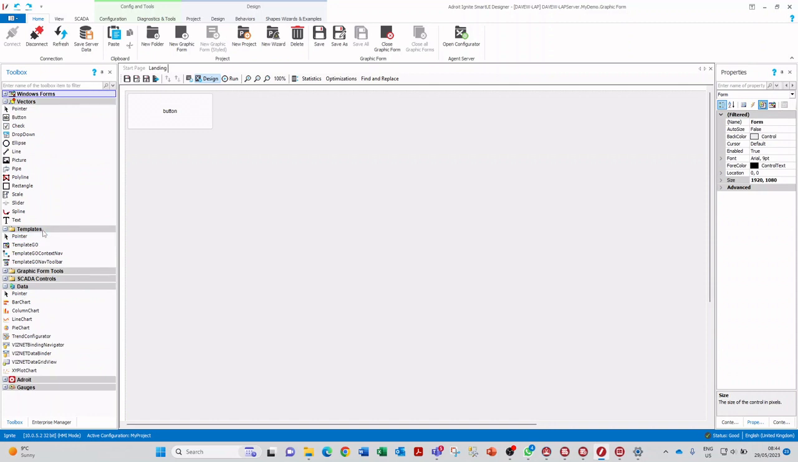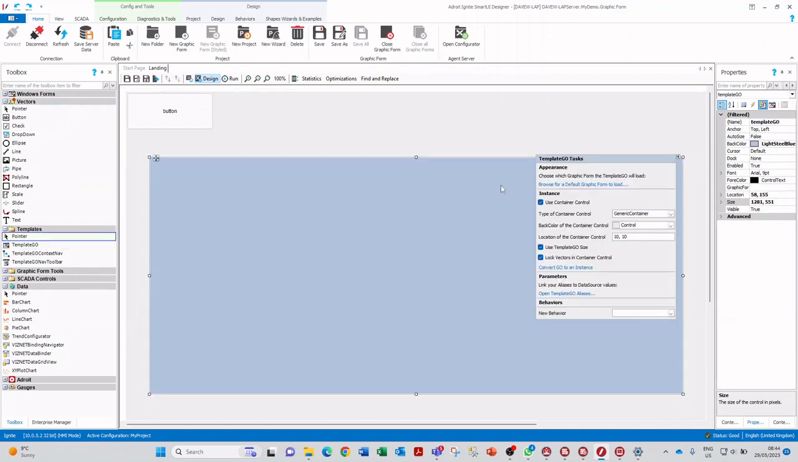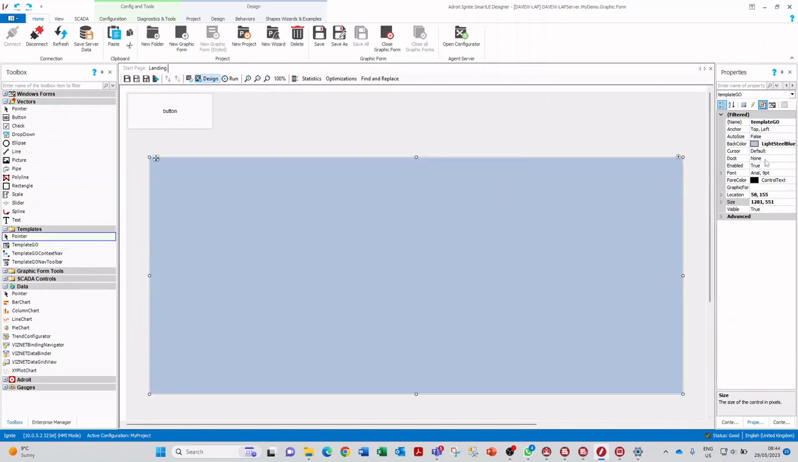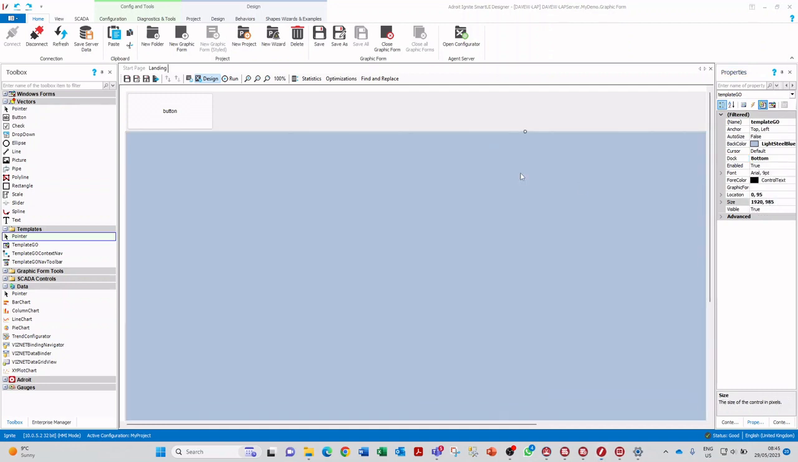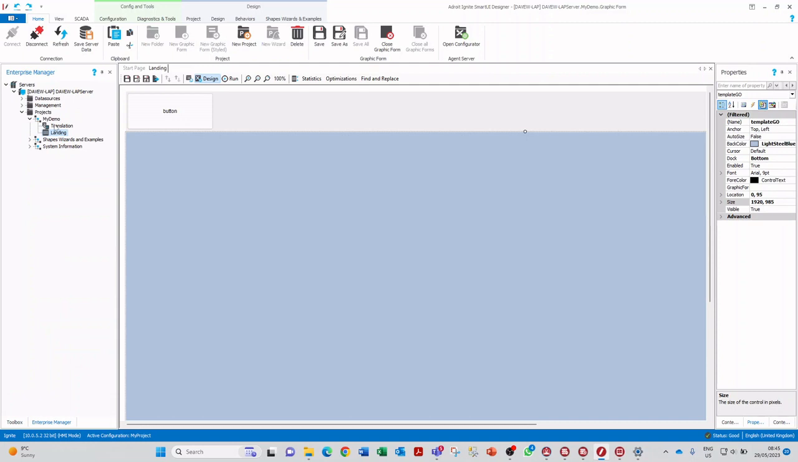And then from within the toolbox, again, I'm going to browse to templates, and I'm going to grab my template graphic object, drop it on the screen, and I'm going to dock that to the bottom, stretch it up. And now I've got a graphic form size of 1920 by 985. Make a note of that because I'm going to create two more graphic forms now,